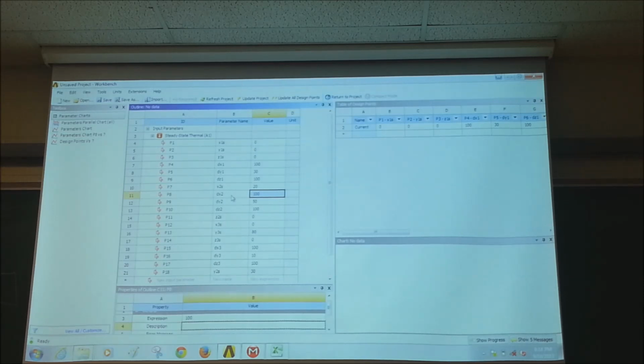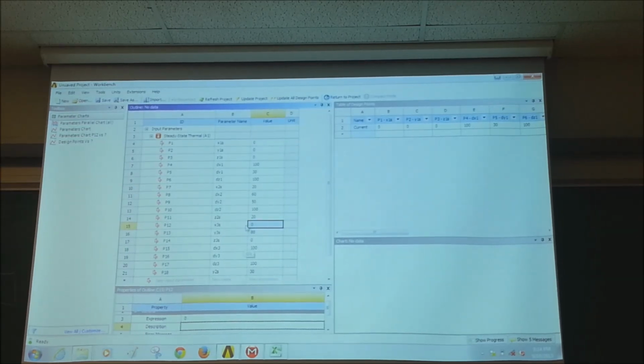And then dx2 is going to be, say, 60. Right? So it's going to be 20 on each side, right? And then let's do the same thing to dz2. z2s is 20, and dz2 is 60. Right? No analytical solution for this, but if we now update the project,